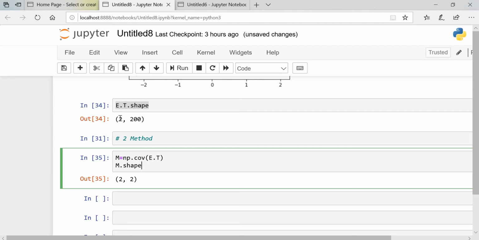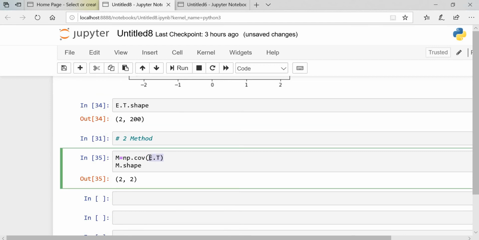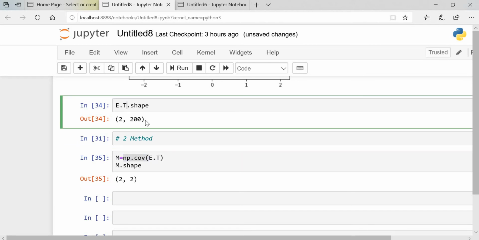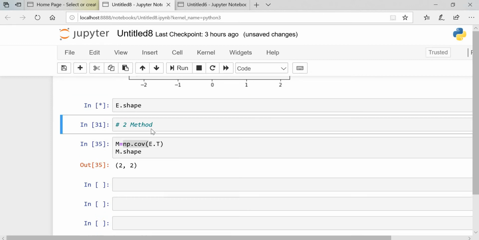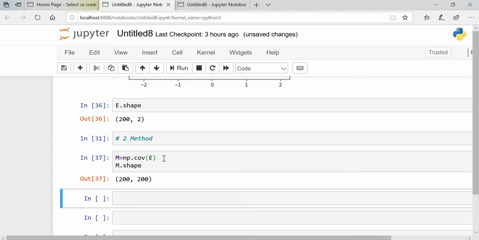The row of the matrix that you are using here in the covariance to convert to the covariance matrix will impact the shape of this covariance matrix, right? If you change to this, let's say simply, then it will change here as well, that is 200 by 200.